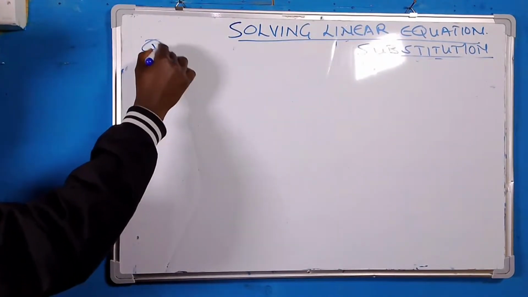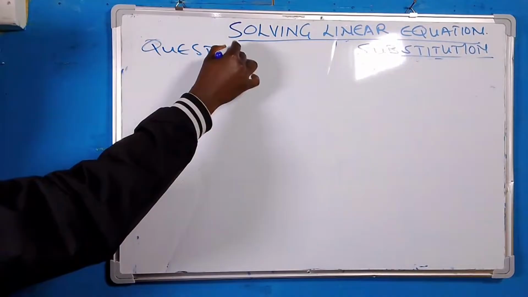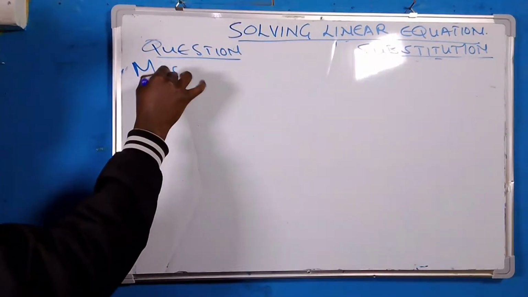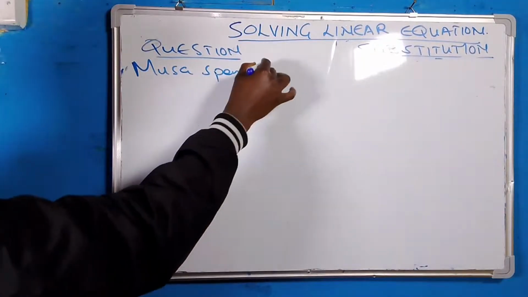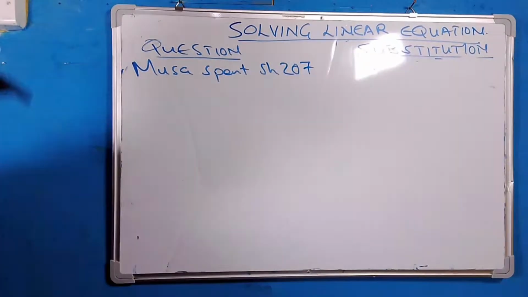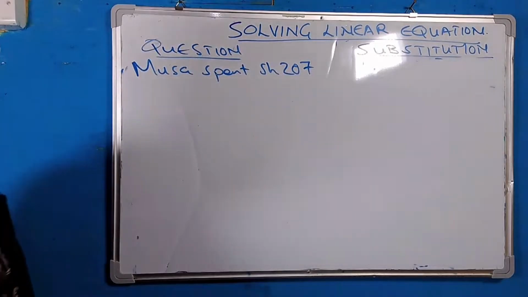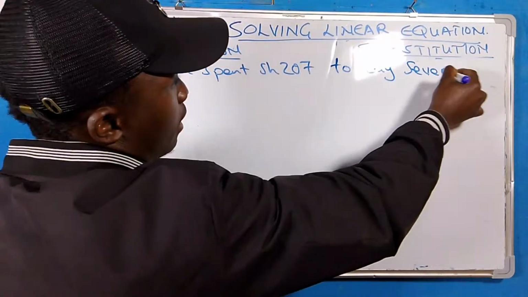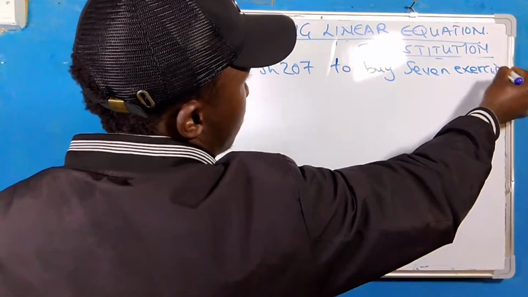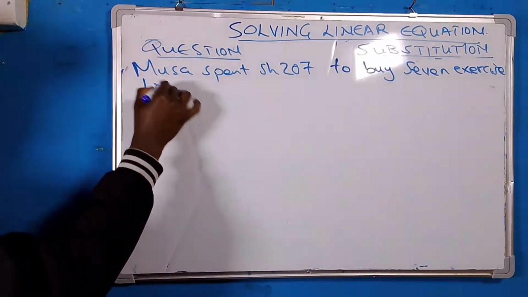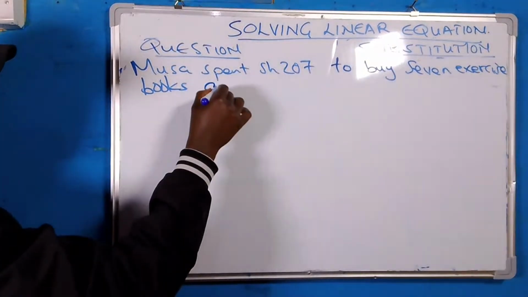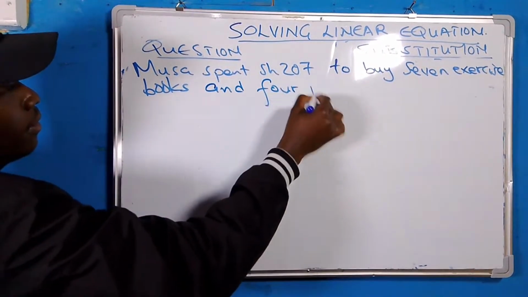So here you have a question. Our question reads, Musa spent 207 shillings to buy 7 exercise books and 4 pens,